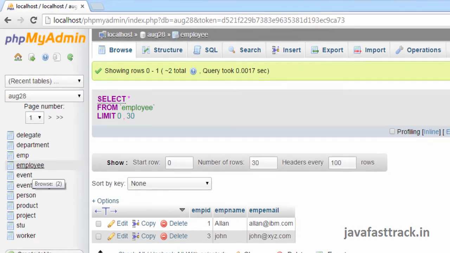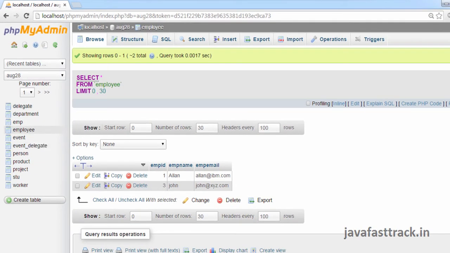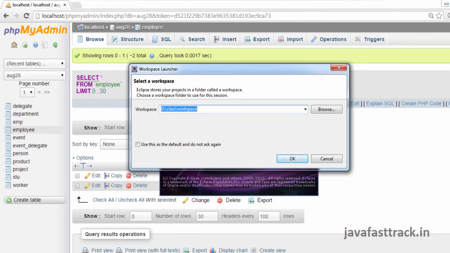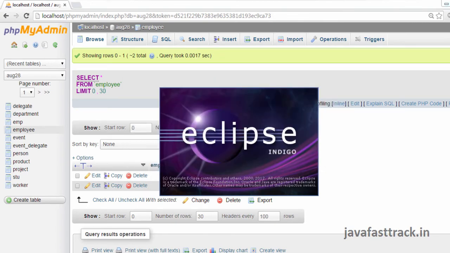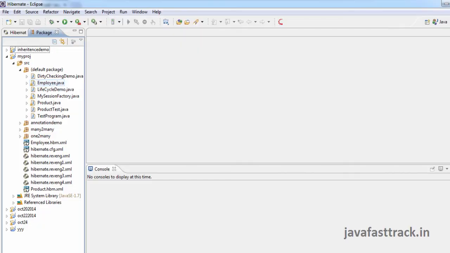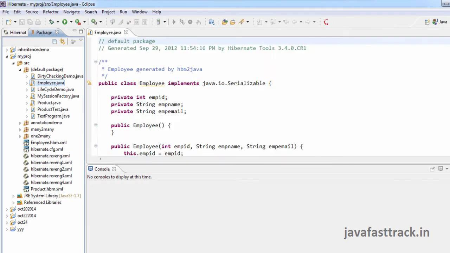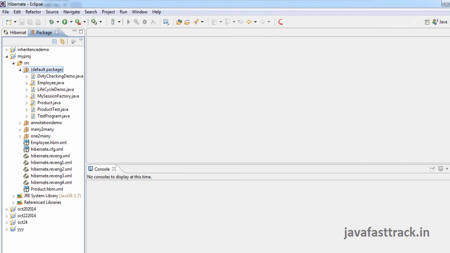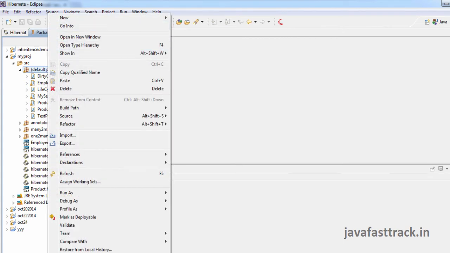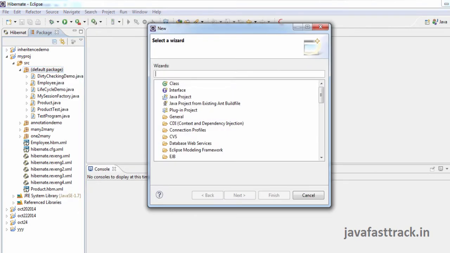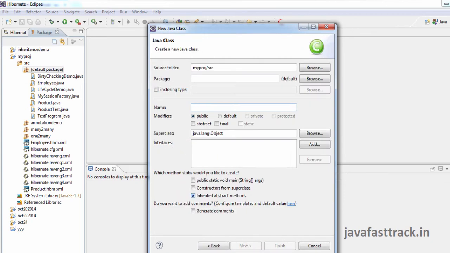I am making use of the employee table and the employee mapping which was done before, and I am just going to do some get operations on the employee. This will demonstrate the concept of L1 cache.